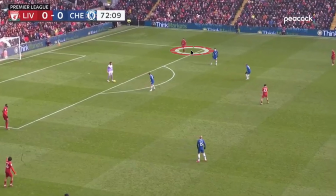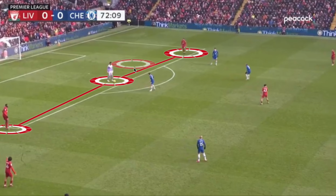Now for Liverpool in possession, in their build-up we see Alisson split their two central defenders, creating a back three. When Trent Alexander-Arnold came on for James Milner, he operated in a similar role, but had a little bit more versatility within his game. We see them play with a single holding midfielder, with Thiago dropping in on the left half space. This created freedom on the left side